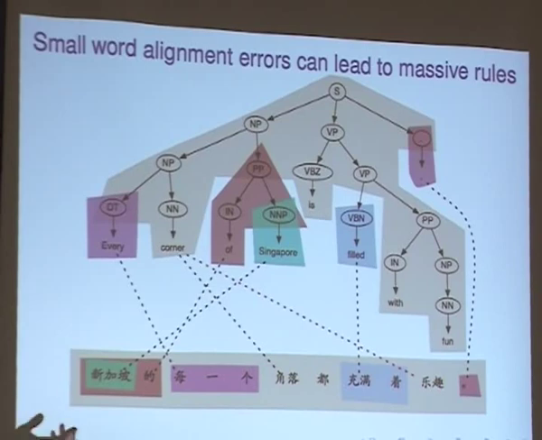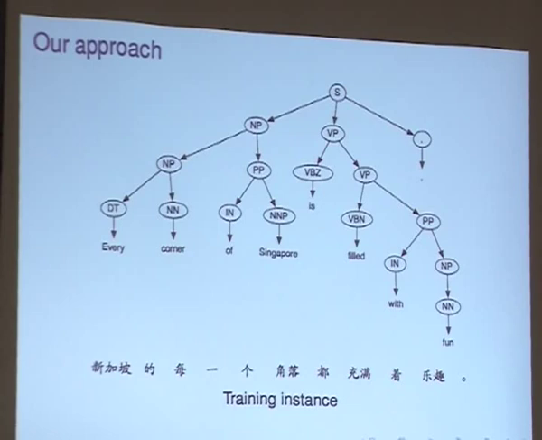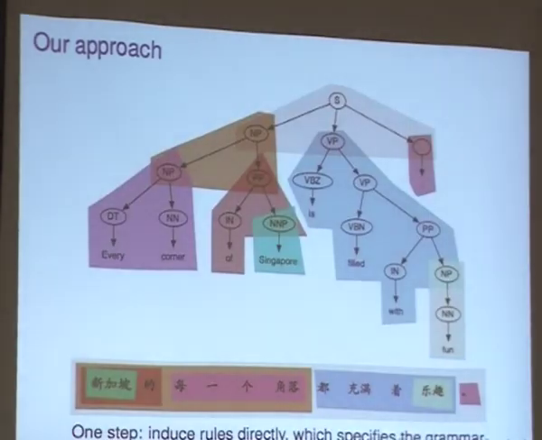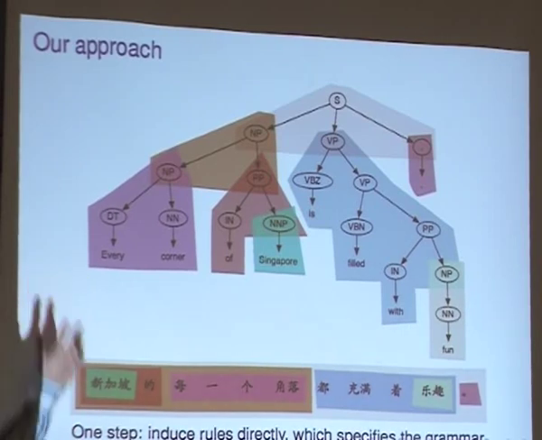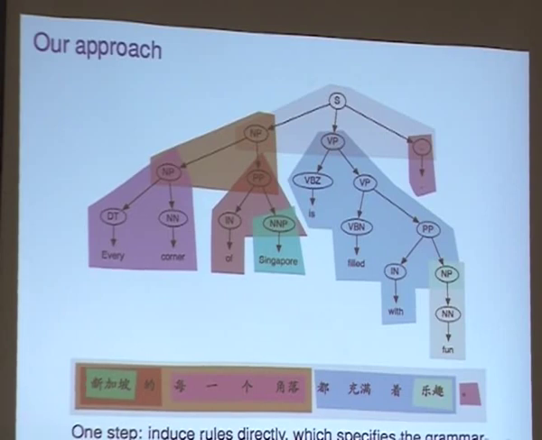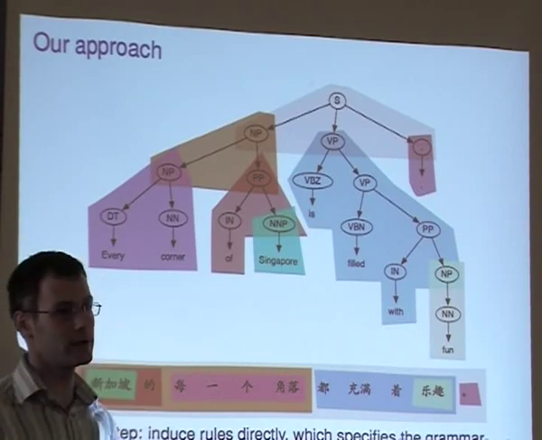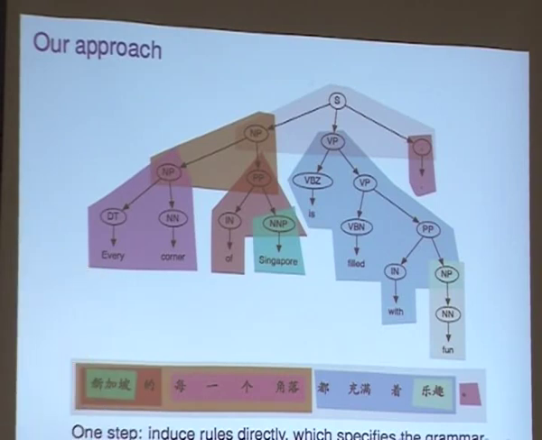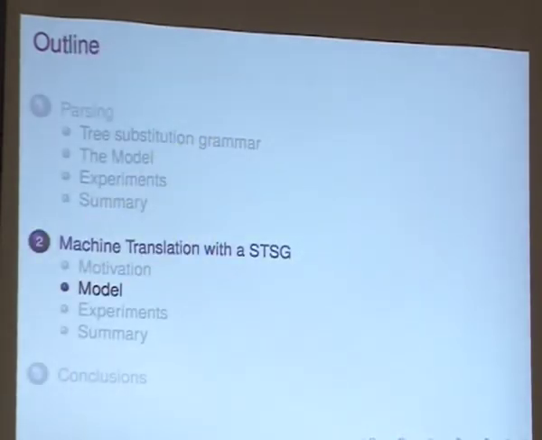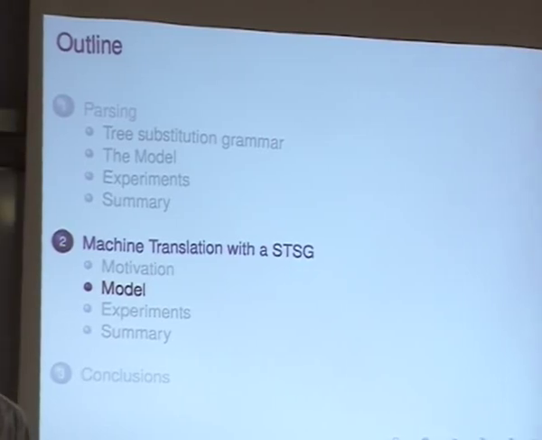So in general, you want your alignment model not to do this kind of trick. And one way of doing it is our approach, where we take a training instance like this, and we learn directly the rules. We do this all in one model. We induce the rules and their alignment all together, and that specifies our grammar. So if there are some really horrible-looking alignments going on, we're going to get some horrible-looking rules, and we're going to be able to refine that and change that until we end up getting nice rules, and that'll fix the alignment. So the two processes can talk together and find something mutually compatible. Now I'll go into details on that just now when I talk about the model.